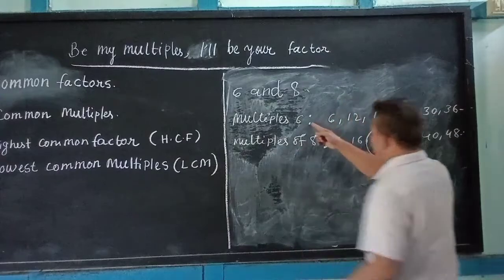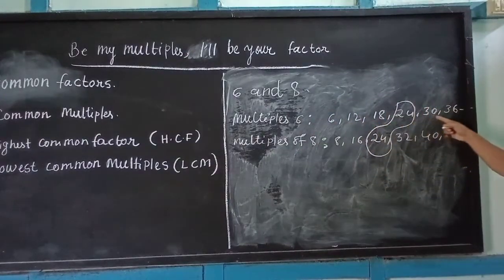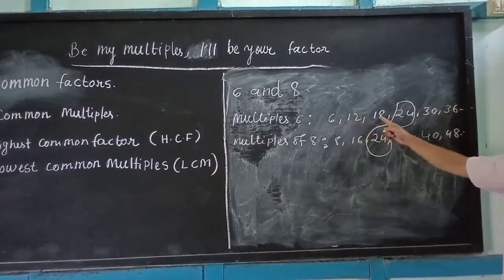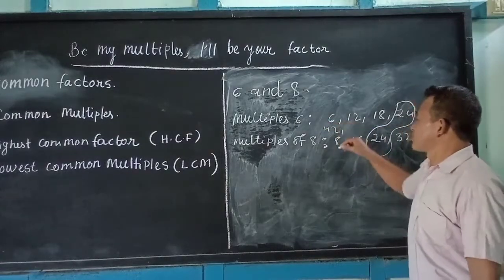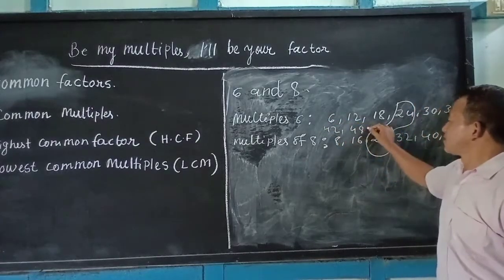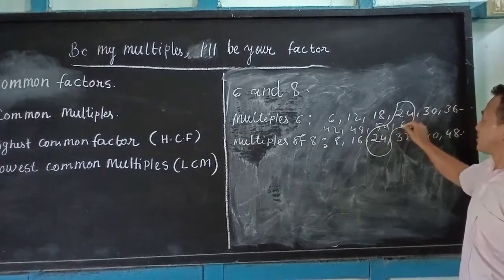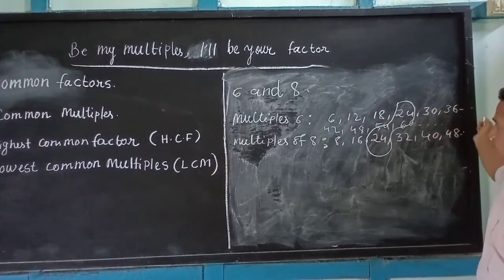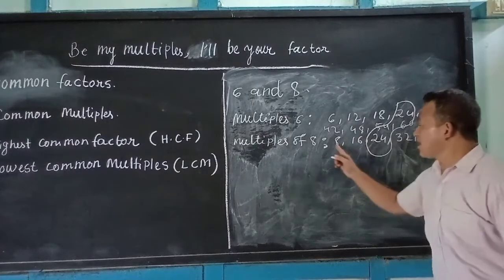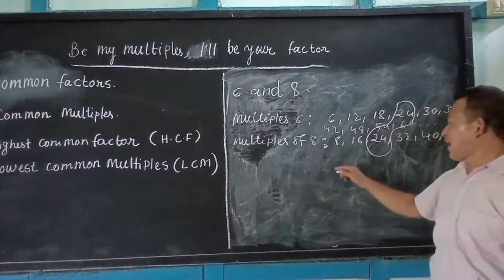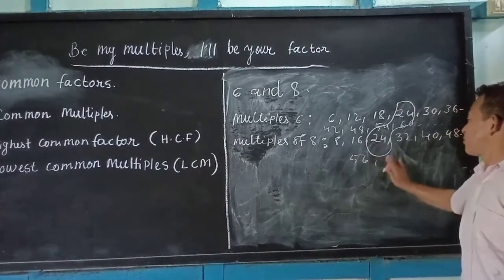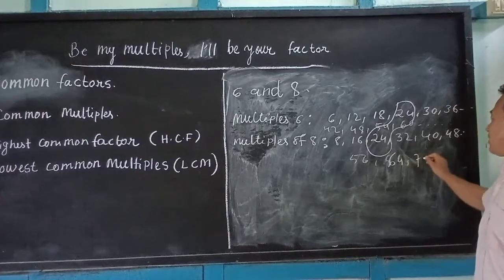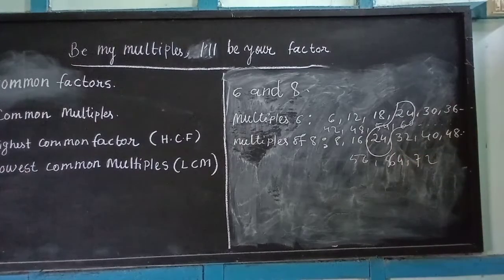If you keep writing the multiples of 6 here, 6 1s are 6, 12, 18, 24, 30, 6 6s are 36. You can write 6 7s are 42 also. You can write 6 8s are 48, 6 9s are 54, 6 10s are 60. So many more multiples you can write. Similarly, you can write many more multiples of 8. For example, 8 6s are 48, 8 7s are 56, 8 8s are 64, 8 9s are 72. So there are so many multiples,